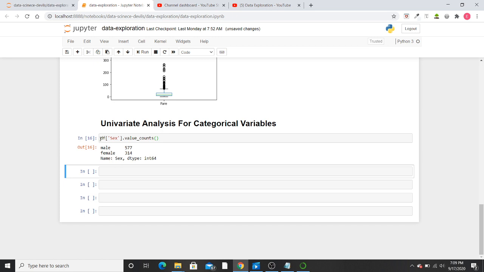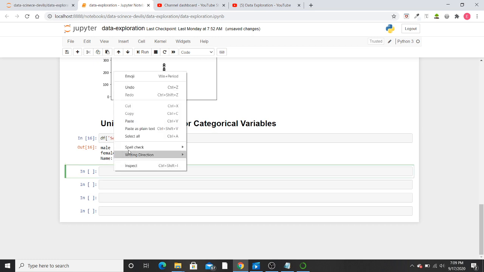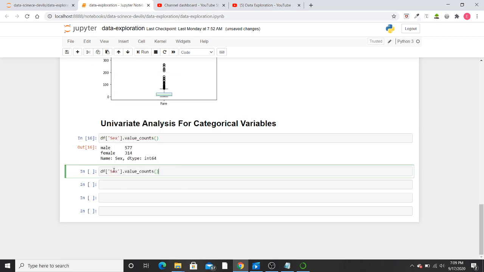Now I want to generate a table for percentage. For that I'll simply copy this and paste it here.